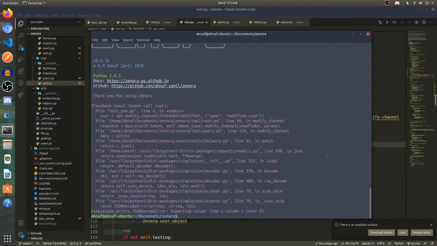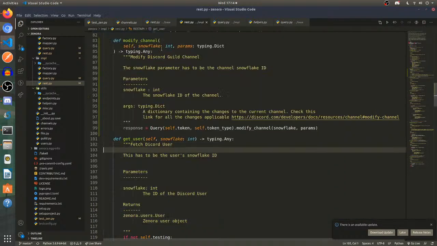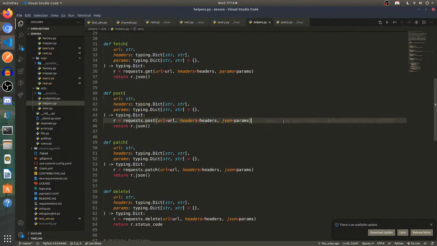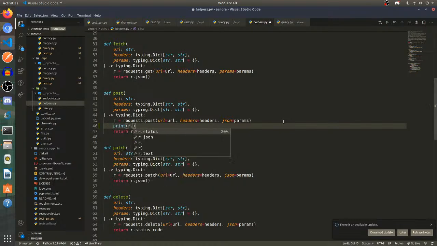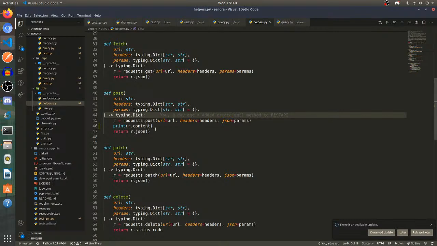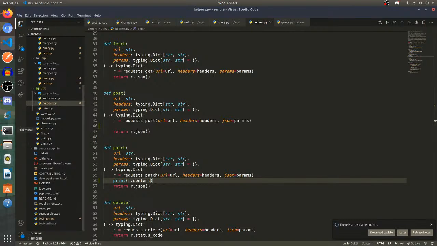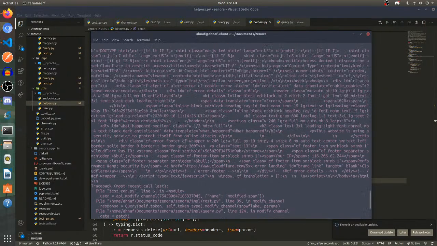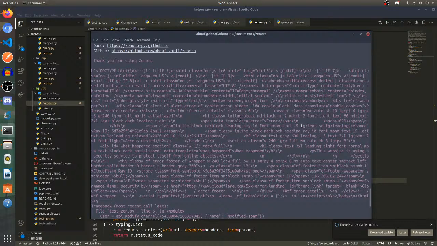Missing value. What? Return r.json. Let's print r.text. Print r.content. Let's print this, and it isn't returning me anything. Oh, we have the post request, sorry. So you have to debug it a lot. Hey, we got a new viewer in the stream. What is it giving me? It's giving me access denied. Cloudflare is restricting access to my IP. Wait, what?